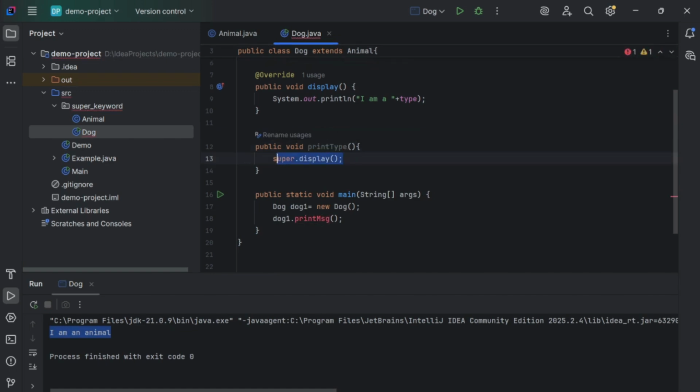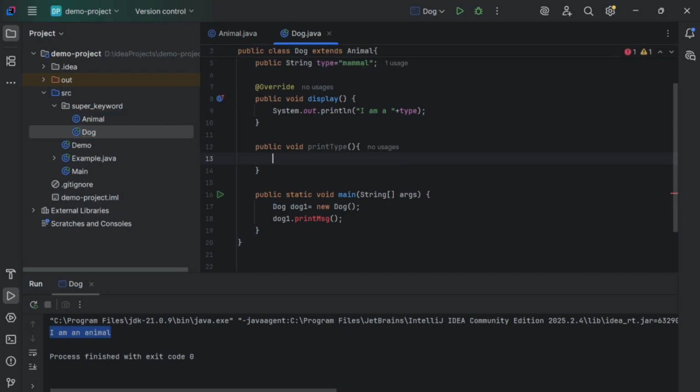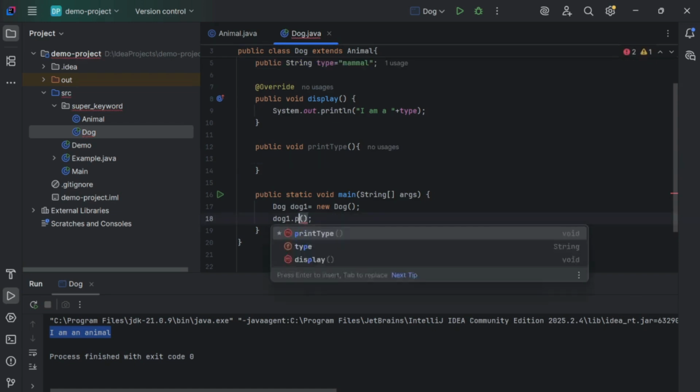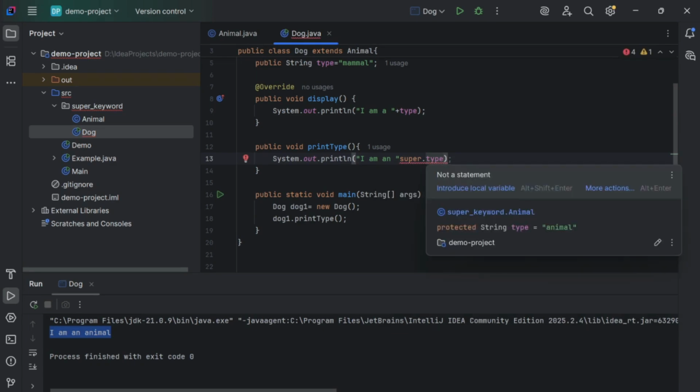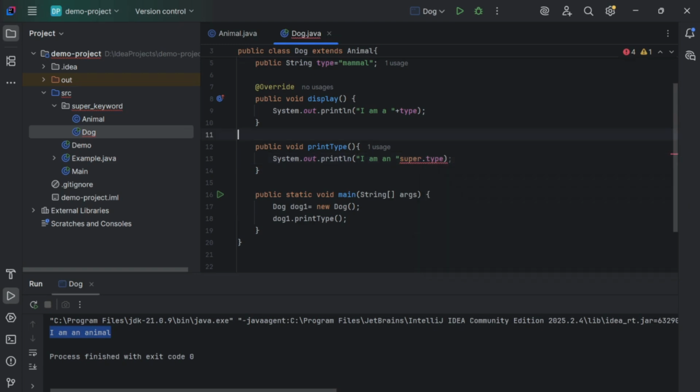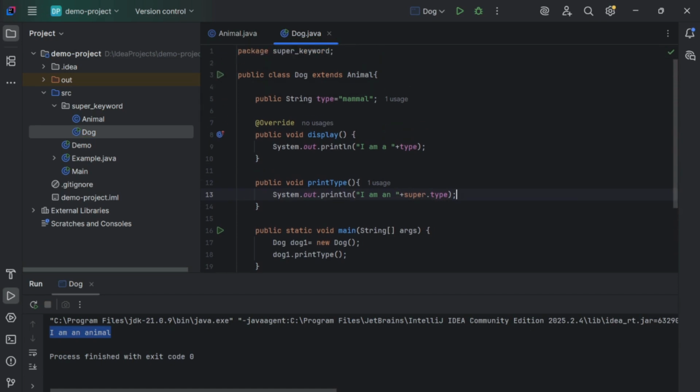And inside that, I'm going to print, "I am an", and then super dot type. Okay, so let's run the code,